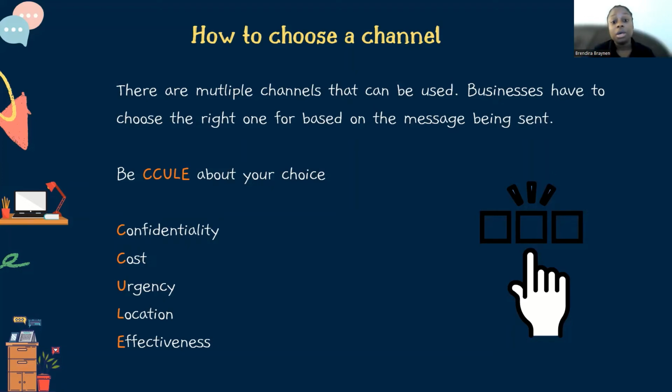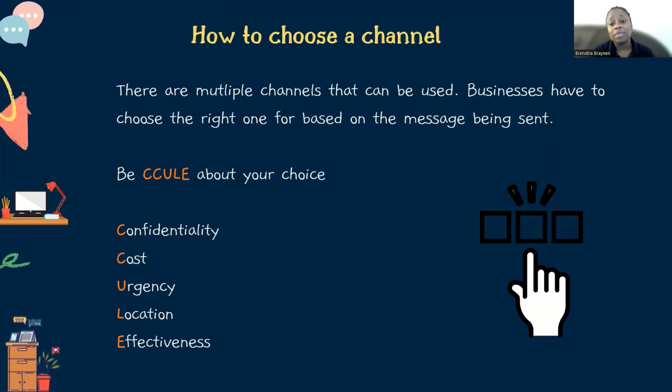Location is also a factor in the choice because depending on where the person is, that could increase the cost. Just like the example with the telephone call. If a person is very far away and you're making a telephone call, the cost of the telephone call is going to be more. And so based on the location of the person you're trying to reach, it may just be easier to send a letter or send out an email or have a video call on the internet. All of those things can affect it.